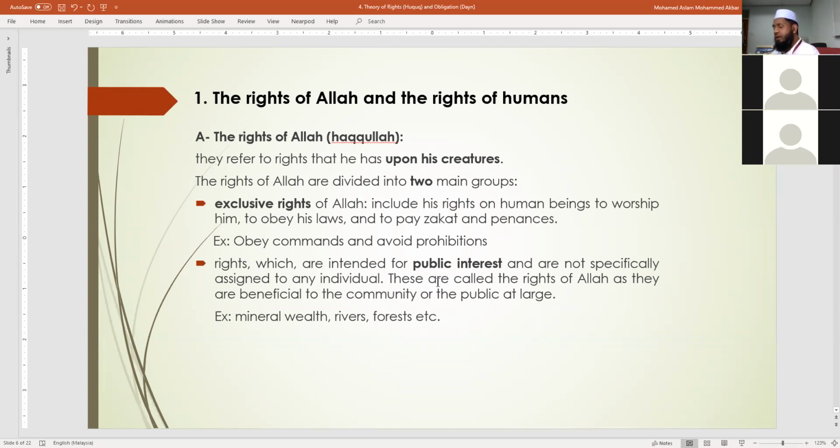Al-amru bil-ma'ruf wa nahi anil munkar. So these are the things, actually, exclusive rights. Rights which are intended for public interest, it's not exclusive, but it's public, meaning to say that the same Allah is the one who also